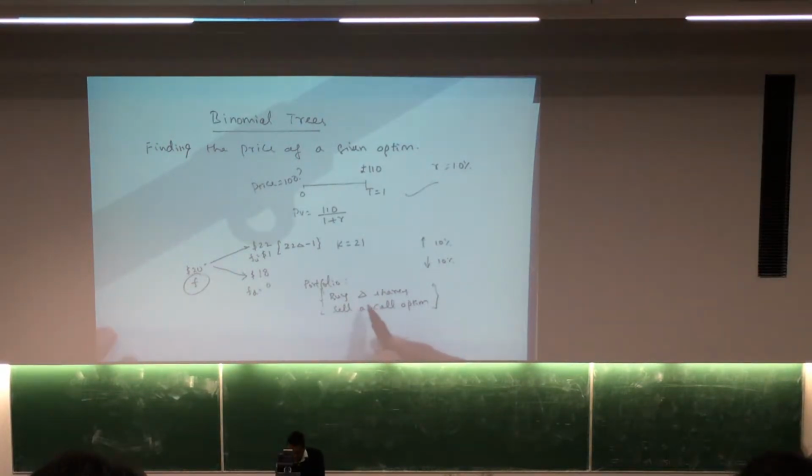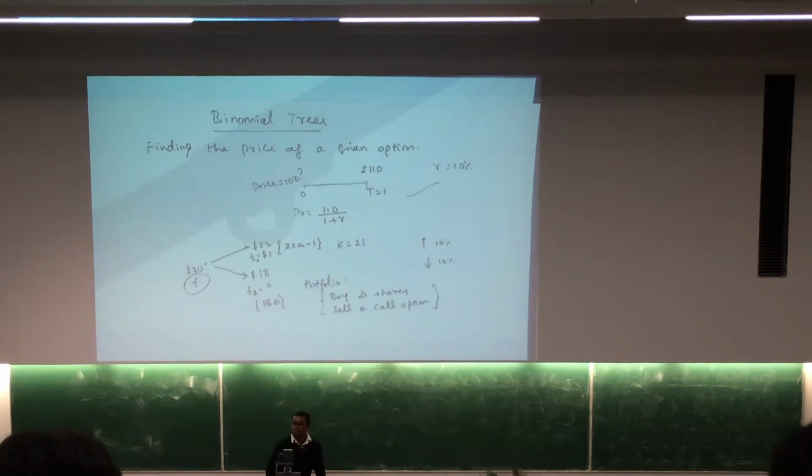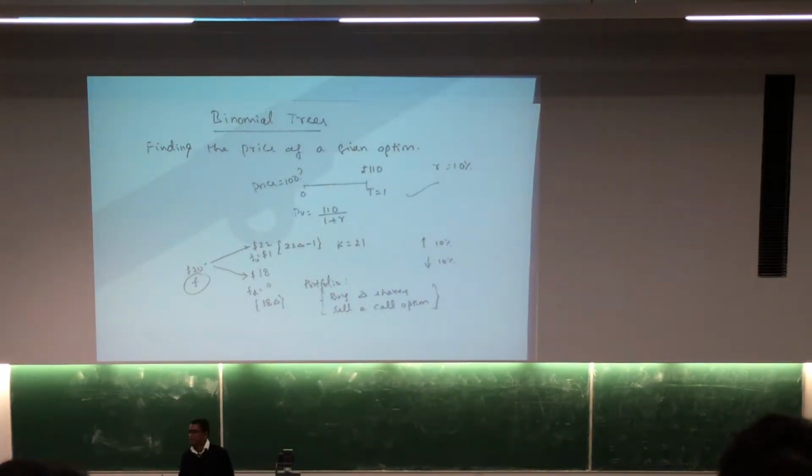So what is the portfolio value in the second option? The world might end here, or that might go to $22, or that might go to $18. My portfolio value, I am just writing that here, is 18 times delta. Do you agree? Because I need not pay anything for the call option.